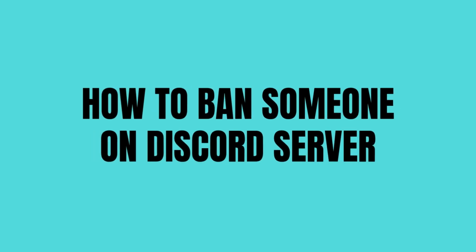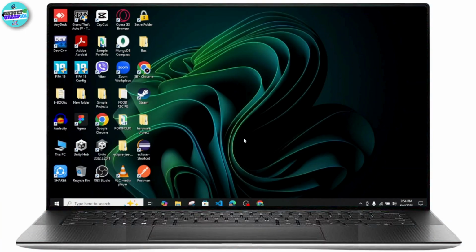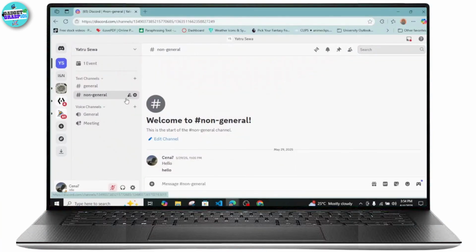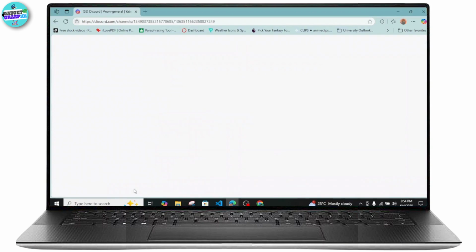How to ban someone on Discord server. So to do that, here's what you need to do. First, just head over to your Discord application or Discord on your browser and simply click on this user